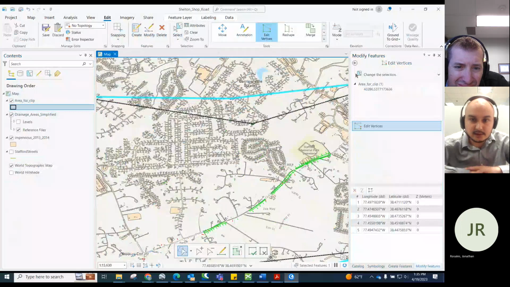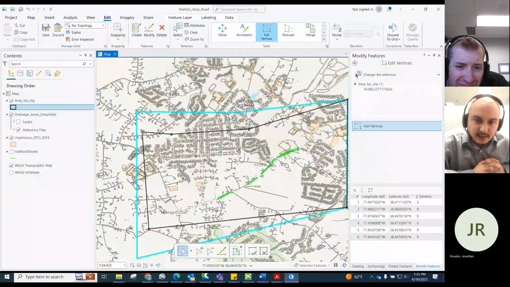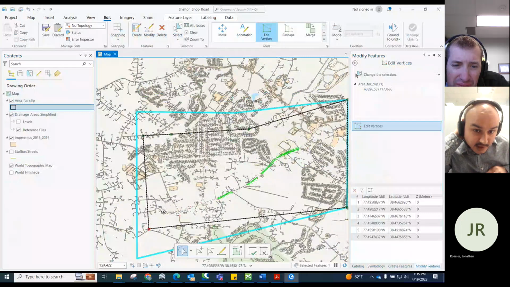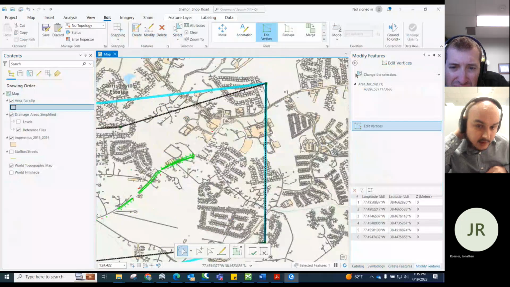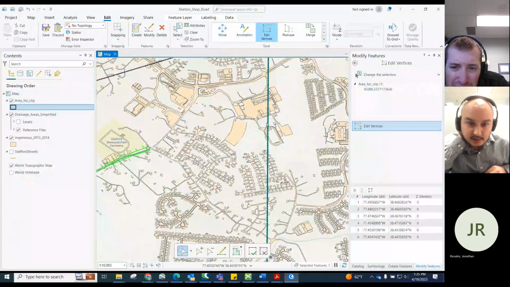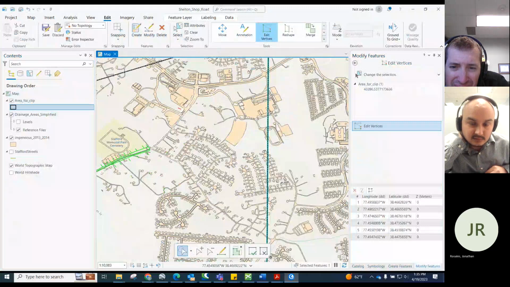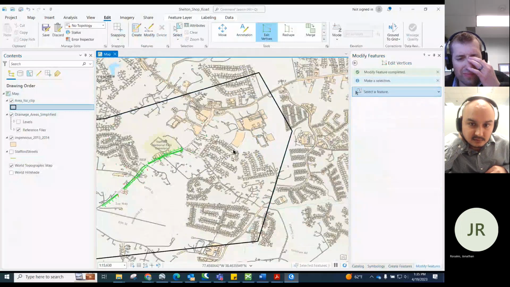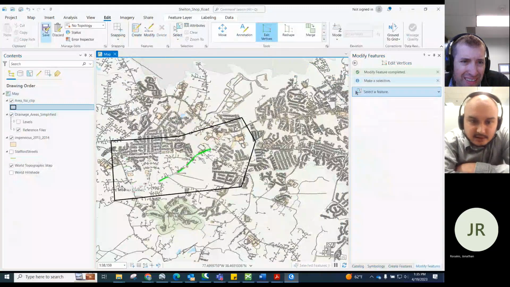That looks good. Does that cover all the drainage areas? I think it does. Maybe I'll expand this one a little more, just in case I messed that up. Yep, that looks good.